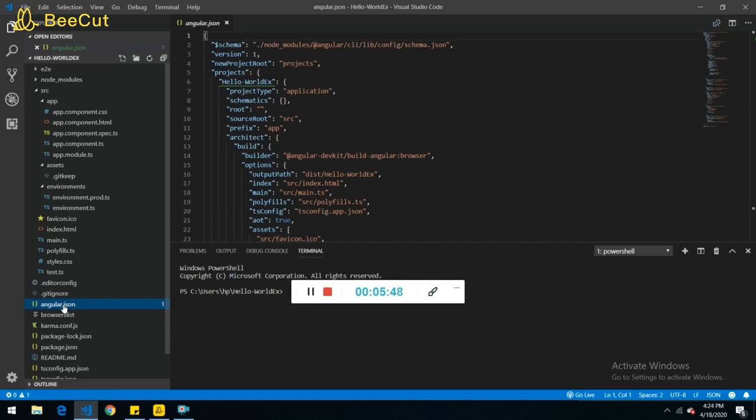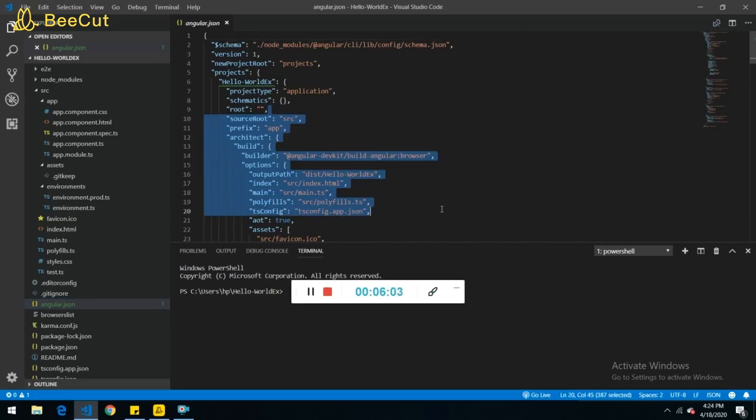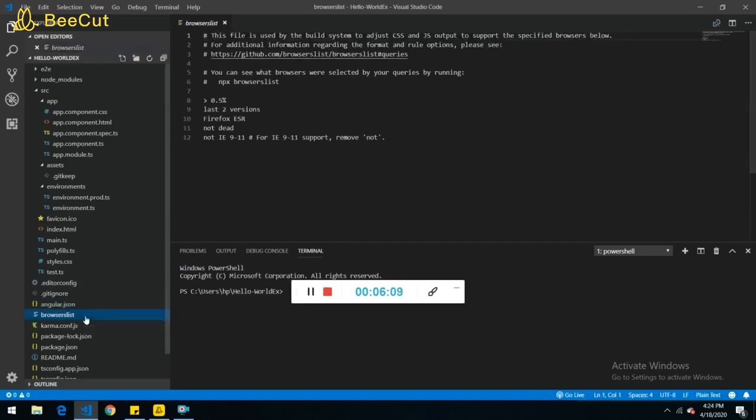Basically, at the root level of Angular, this angular.json provides project specific configuration defaults for building and development tools by Angular. Okay, then we have browserslist, which we don't have to worry much about.